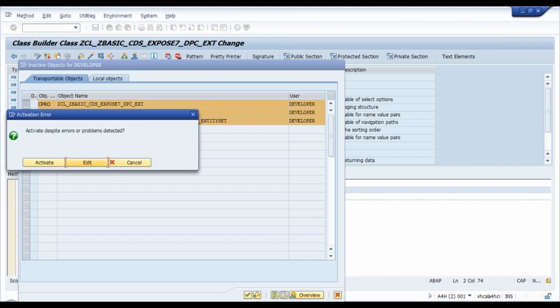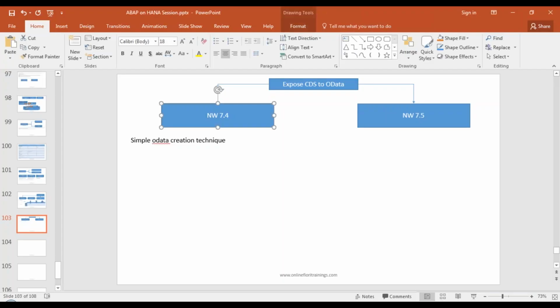So there is a question here. Charu is saying, why can't we do odata dot expose equals to true? So can you do that in NetWeaver 7.4, Charu? If yes, go ahead and try that, if you have a NetWeaver 7.4 system,